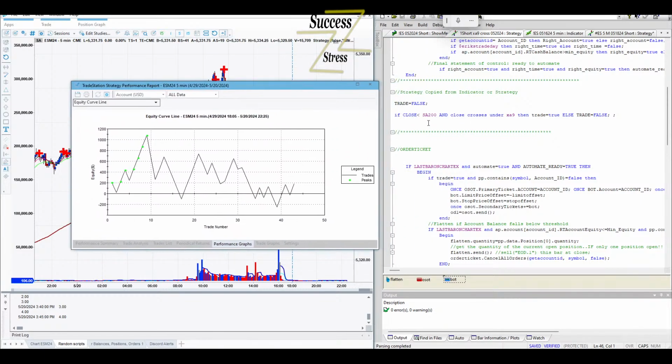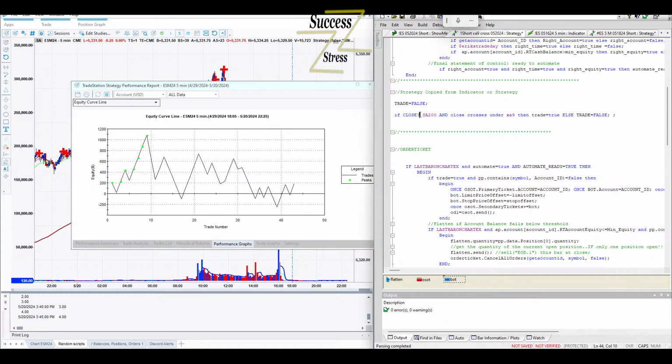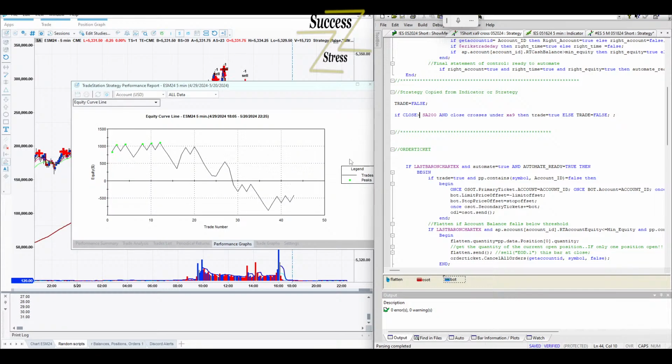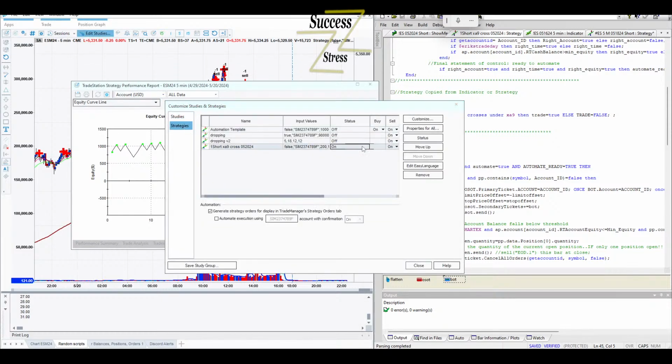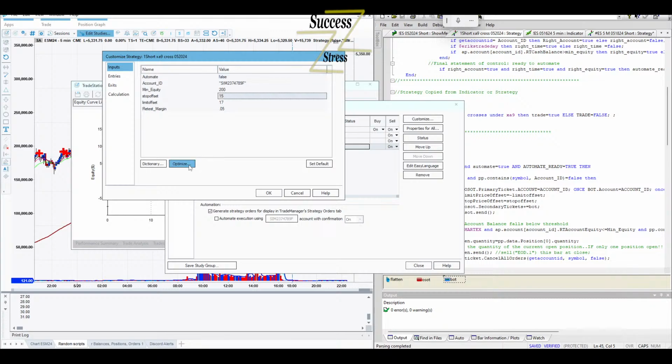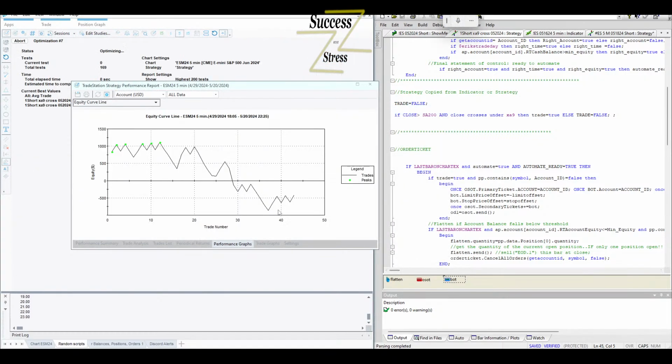So if you were under the 200 period moving average and the close crosses under the 9, that's not the time to go short. That's probably the time to go long. So let's just flip this around and see what it looks like. Okay, so we flipped that around. I verified it. Looks worse, but we haven't optimized it. So come back over here and optimize. And some would say this is the fun behind the programming piece, the R&D, research and development piece of it.